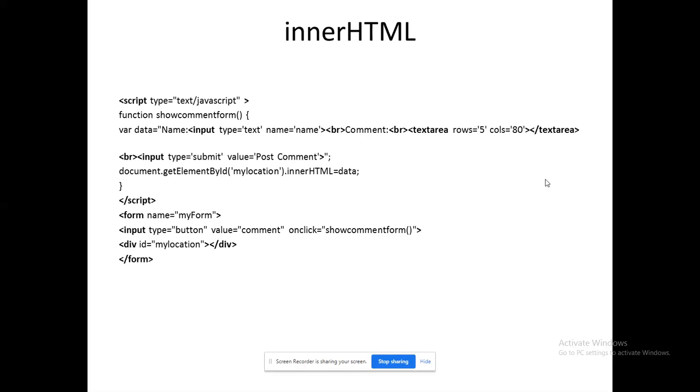What I need to store in the variable data, I am going to store through a text box. I am receiving a name, as well as through the text area I have mentioned over there, and I have a submit button. So it is like a compose box. Whatever I type inside that compose box will be stored in the variable data that will be invoked via this inner HTML. So time to time it will change, right? So dot inner HTML is ready to refer all these things. That's the prime thing that I need to work with, right?